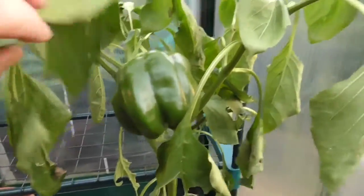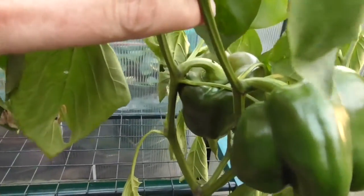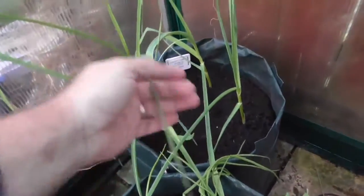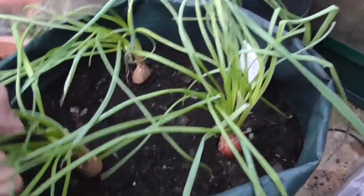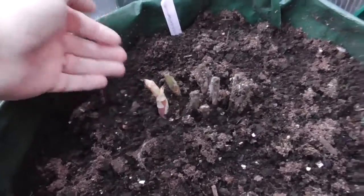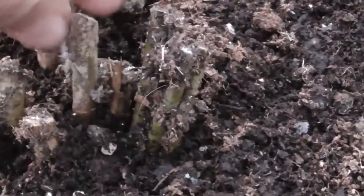Peppers starting to look a bit worse for wear now. Cold's coming in. As you can see, I've got a couple more peppers left on this one. The garlic doing really well in here. Really pleased with it. Shallots really doing well, I think. Pleased with them. The asparagus, I thought this was sort of dying back, so I've cut back the stems